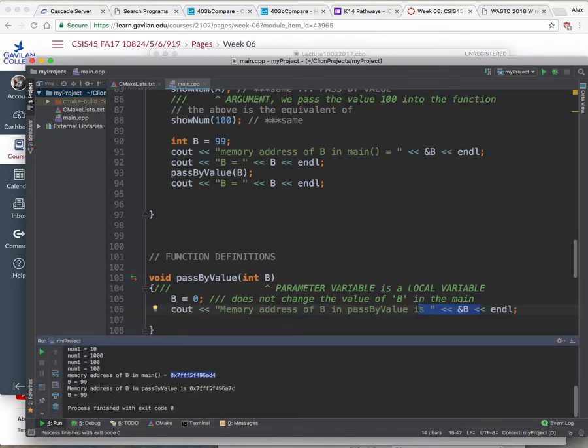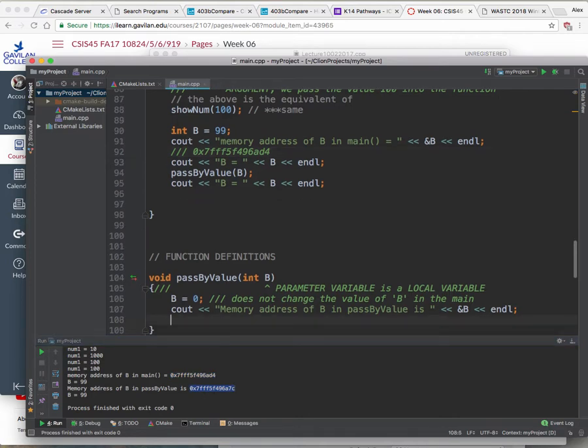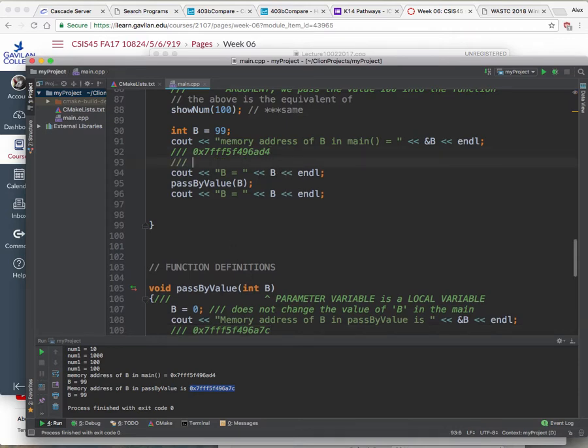This is the memory address of the one in the main. So this one is this. And this is the memory address of the one in the function, which is this. Can you see that they're different? Let me put them right underneath each other. They're different memory addresses, right? They're close. They're not the same though. Okay, so what happens is,